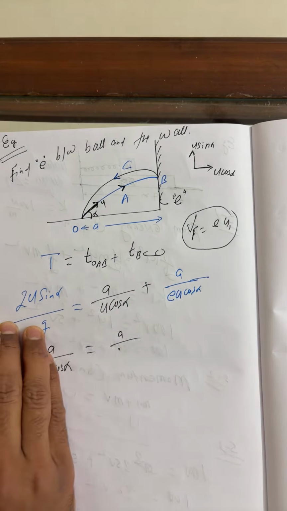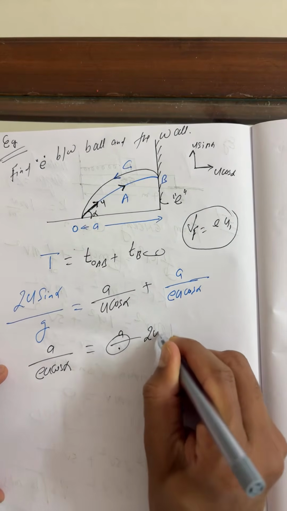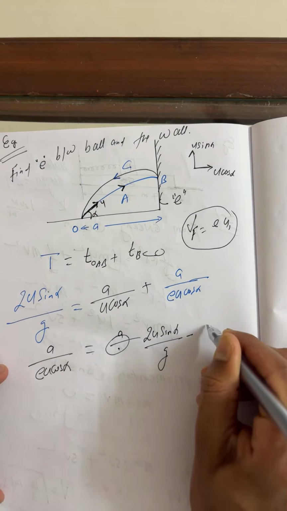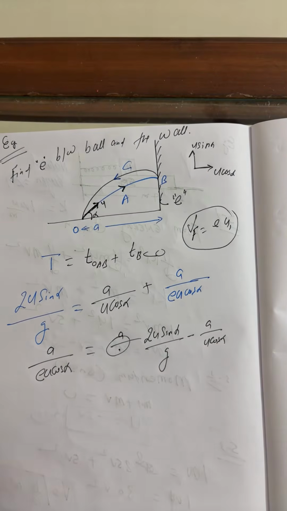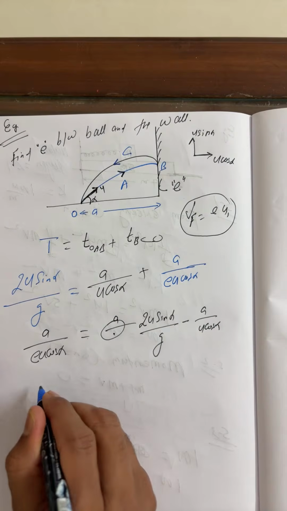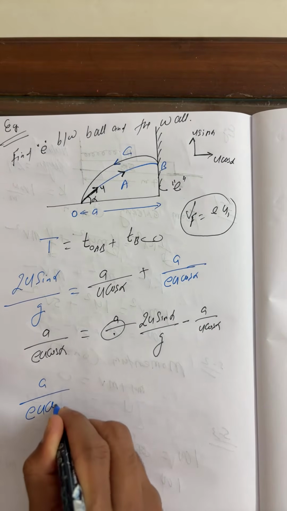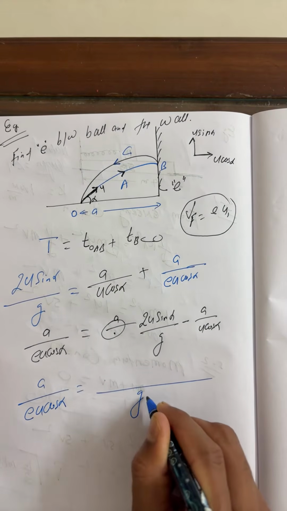Okay, this one comes this side. So, beta, 2U sin alpha upon G minus A upon U cos alpha. Beta, just take LCM here. What we can see, U cos alpha. So this is A upon E U cos alpha, which is equal to G